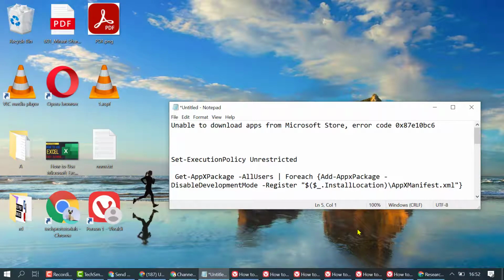In this video, I'm going to show you how to fix unable to download apps from Microsoft Store. You will see error code 0x87e10bc6. So friends, to fix this error, firstly, you need to